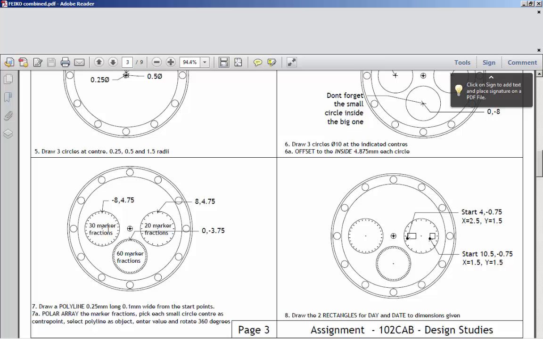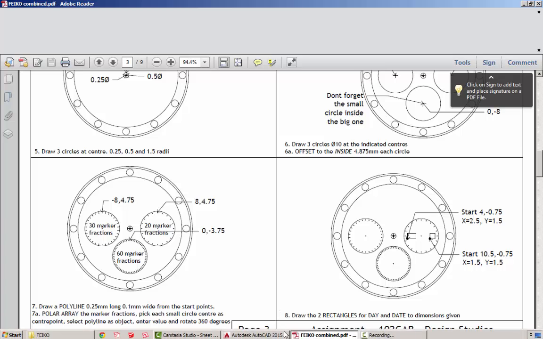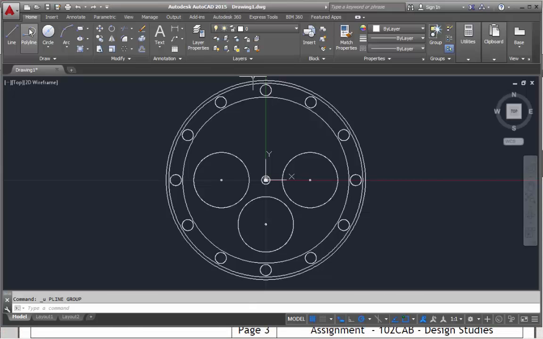So we'll choose the polyline tool, and it's going to be -8 and 4.75, and then it's going to be 0.25 mil down and 0.1 of a mil thick. So let's just nip over to AutoCAD and choose the polyline tool, which is this one, and our specified start point is going to be